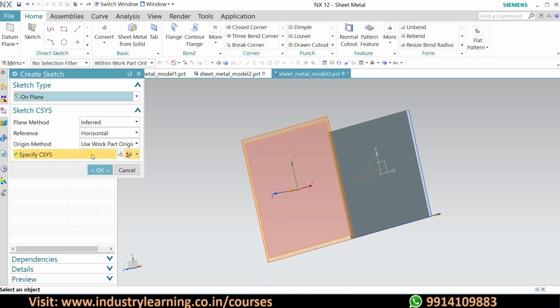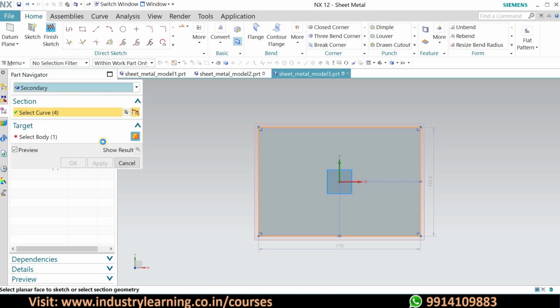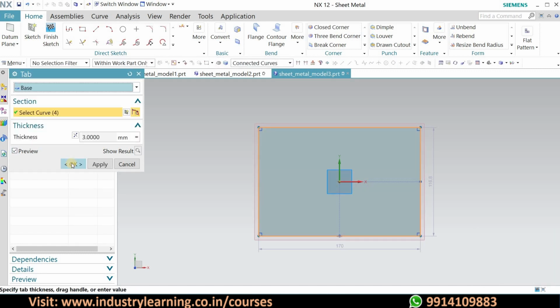So we have selected this, and now we will create a right angle using this command, same as earlier. We will create the tab, and we'll choose base, and that's all.